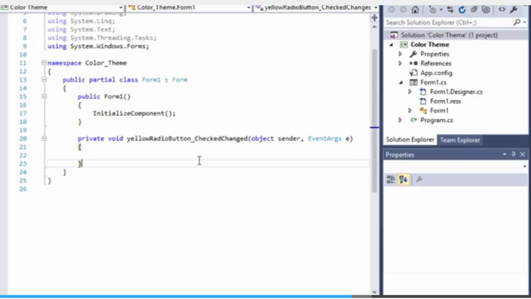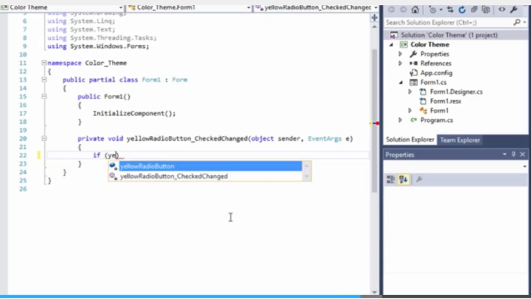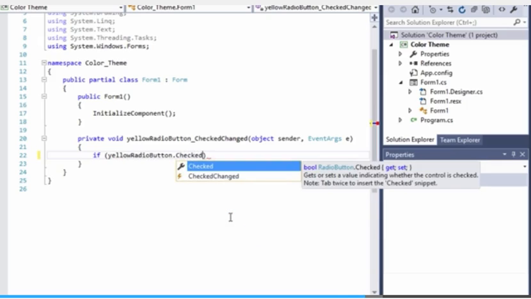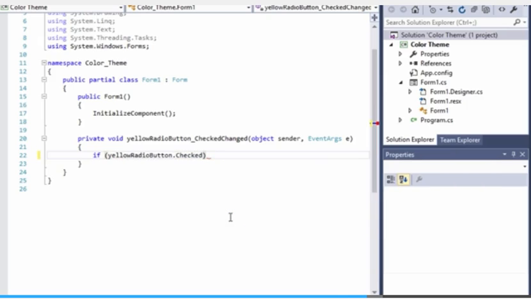So the code that I want to write here is going to be code that determines if the yellow radio button is checked. So let's just have an if statement. If yellow radio button dot checked, okay, if that is true,